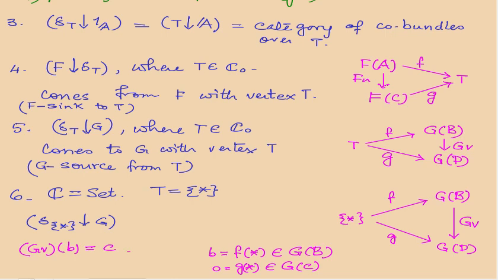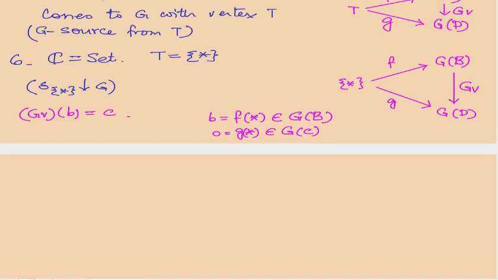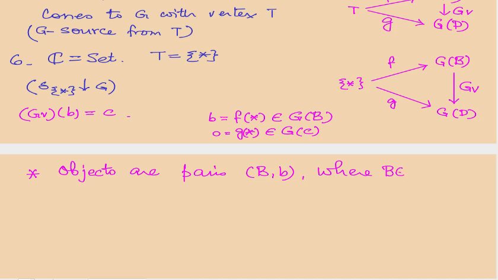So in other words, we can shorten this by saying that the objects are pairs where B is an object of B and this is here,